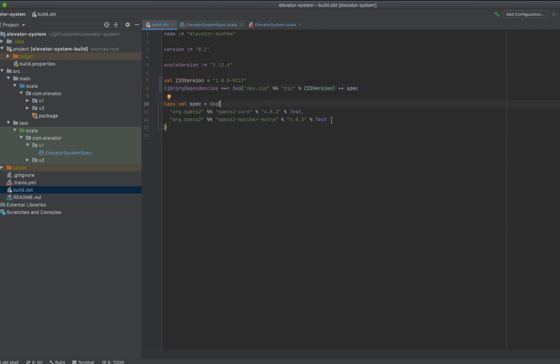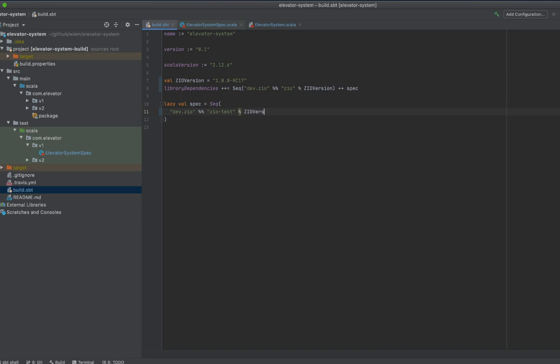And we remove this. And we can add dev.zio zio-test